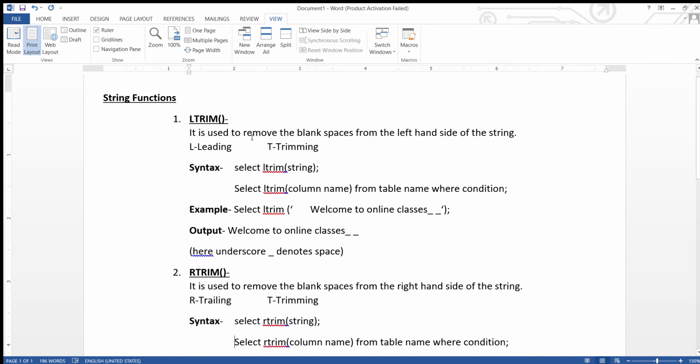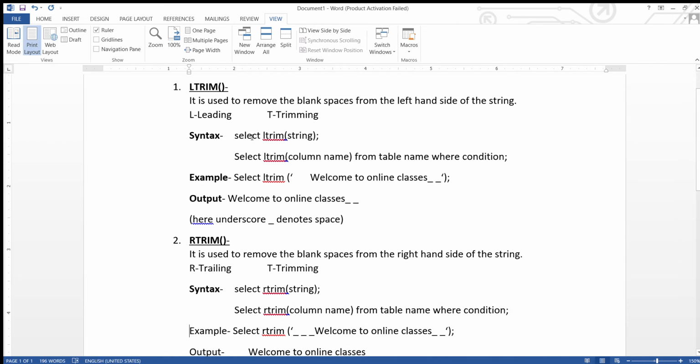Same thing if you want to apply on the table, select rtrim column name from table name where condition. See the example, select rtrim, space space space, underscore denotes space, welcome to online classes, then again 2 spaces.